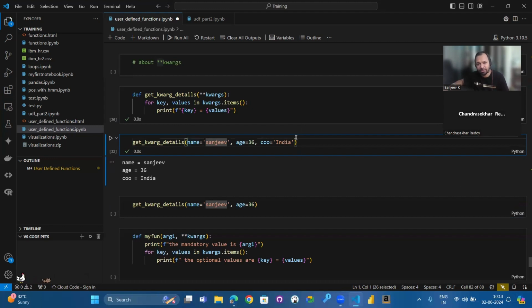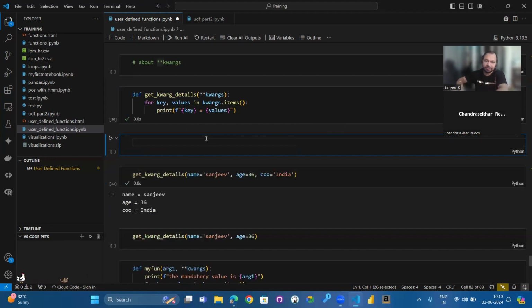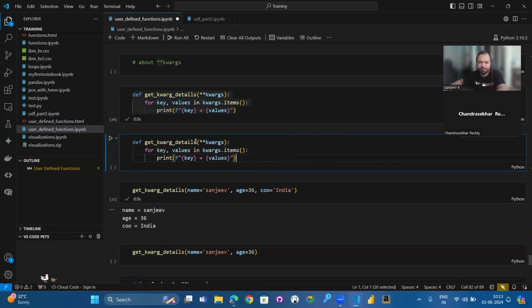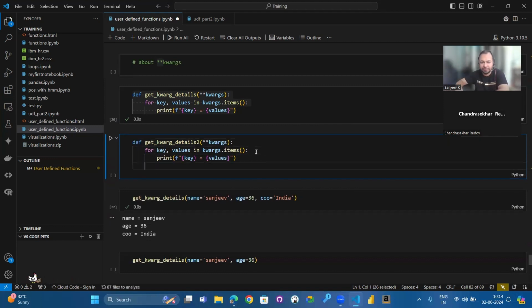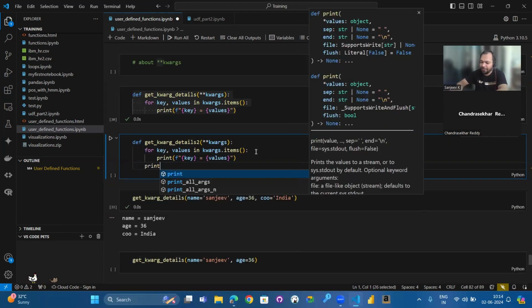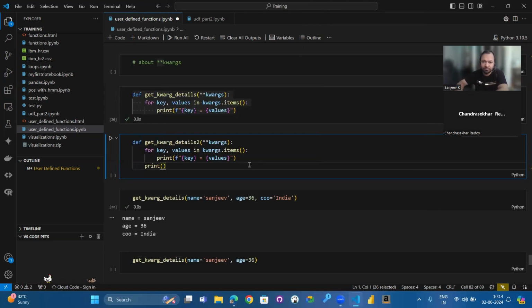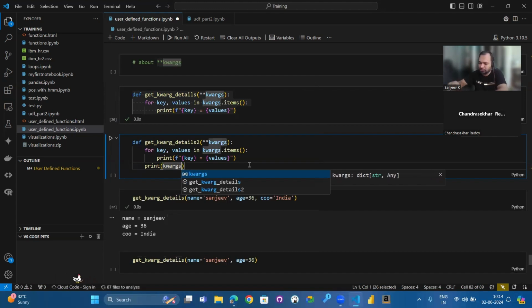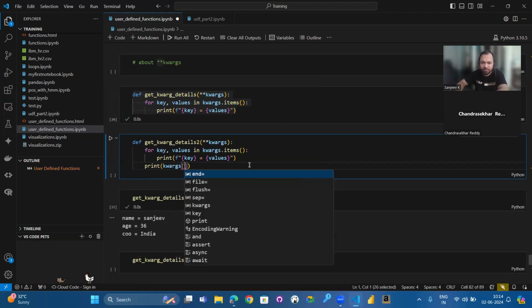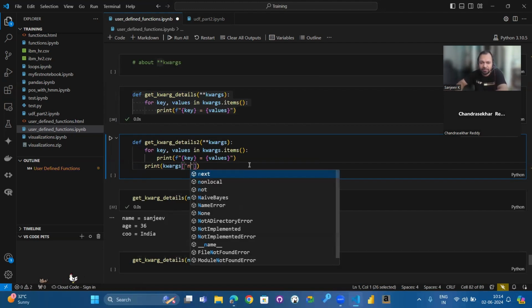Say for example, I have written one logic like this. Let me just copy this. I'll say the function name is 2, and after I print this, I'll print kwargs. I'm not sure if it's going to work or not, but I'll say name.